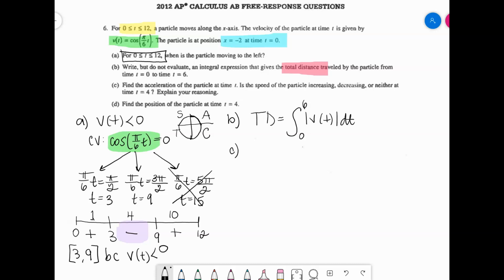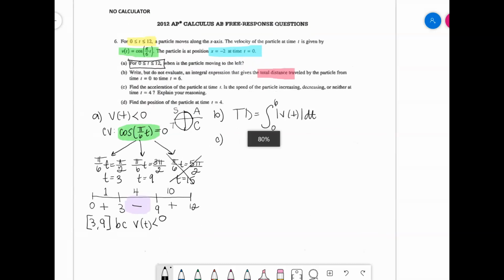Okay, part C. Find the acceleration of the particle at time t. Is the speed of the particle increasing, decreasing, or neither at t equals 4? So in other words, the first part, we're just getting an expression for acceleration. So if we want to review that concept, to get acceleration,